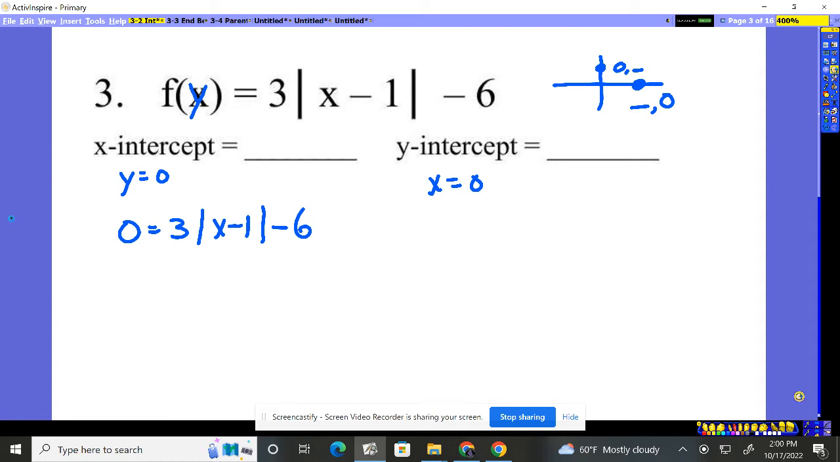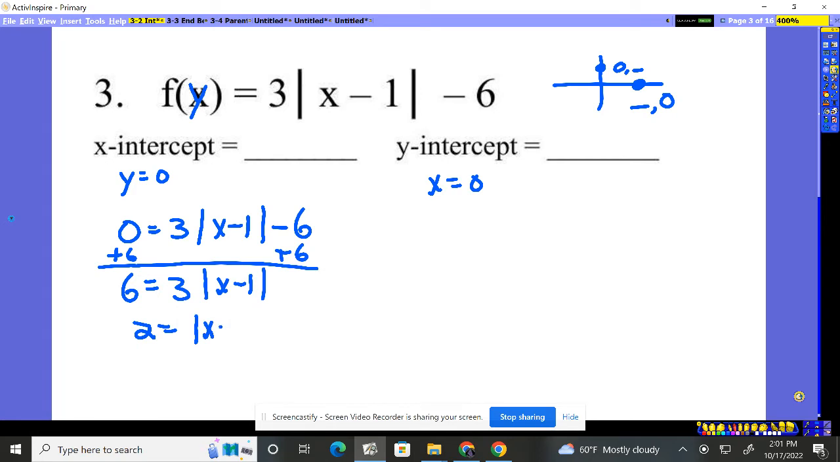So what am I going to do? Well, first thing I'm going to do is move the 6 over. I'm going to add 6 to both sides. I'm going to get 6 is equal to 3 times the absolute value of x minus 1. I now divide by 3. When I do that to both sides, I'm going to get the absolute value of x minus 1 is equal